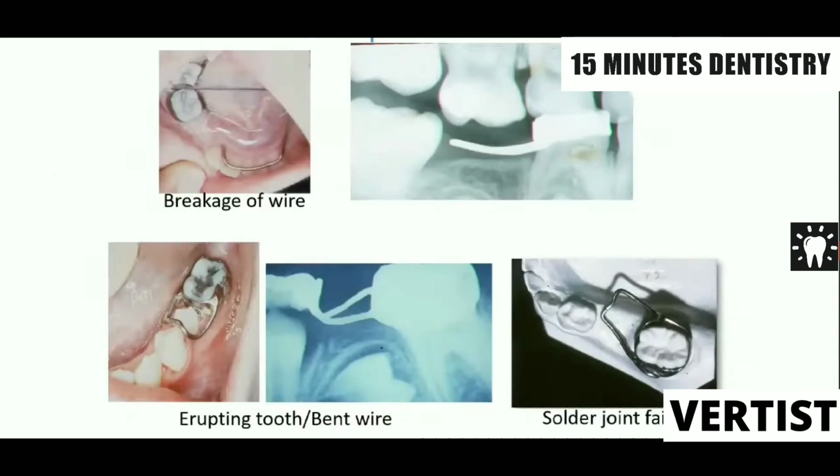Along with these negative points, there are certain complications which are shown here. Breakage of the wire can be seen and the tissue can be hurt here or here. If the loop breaks, there are chances of the tooth erupting in between, and if the child does not report to us, it can prevent the eruption of the tooth. The wire can get bent because of the erupting tooth or shifting tooth. If shoulder joint failure is there, then such complications can occur and the child's tissue can get traumatized. So these are